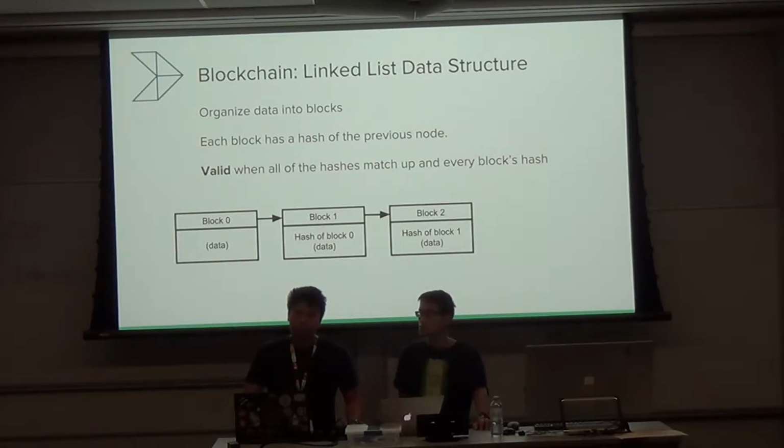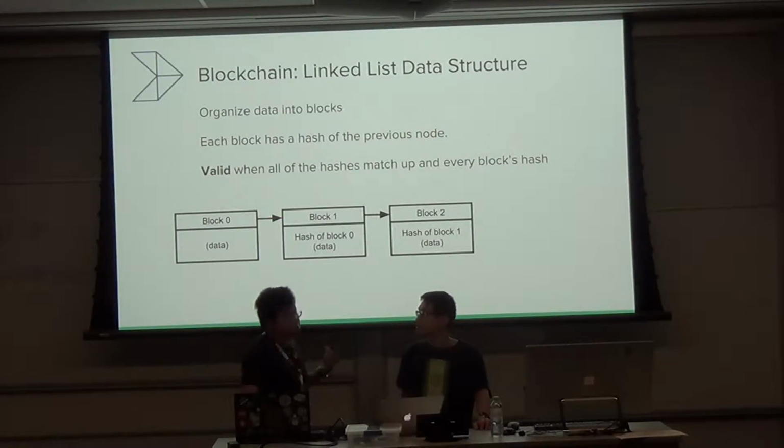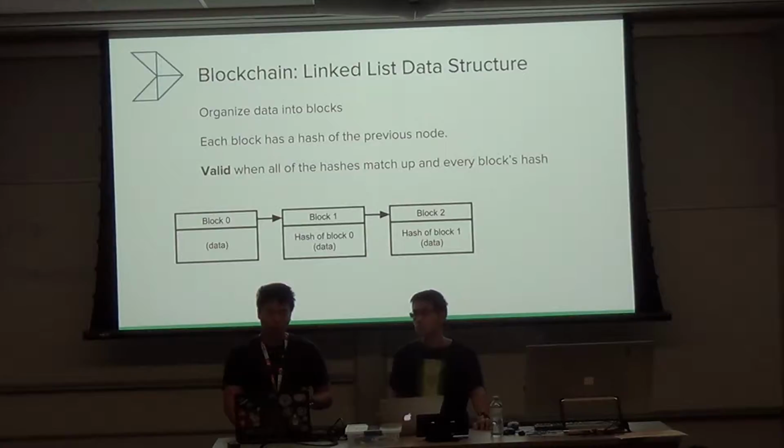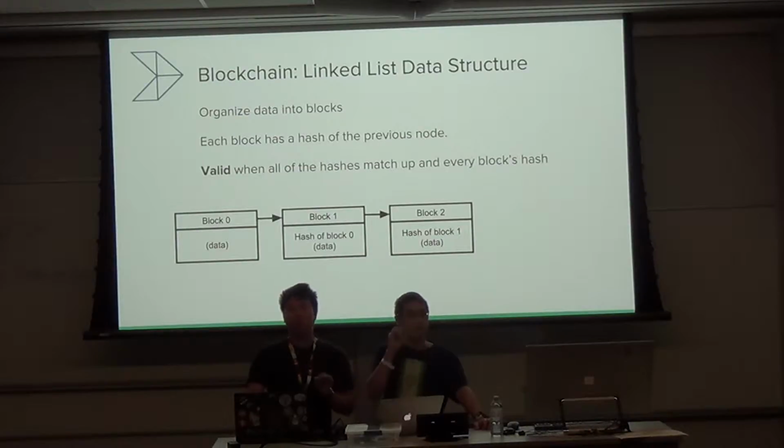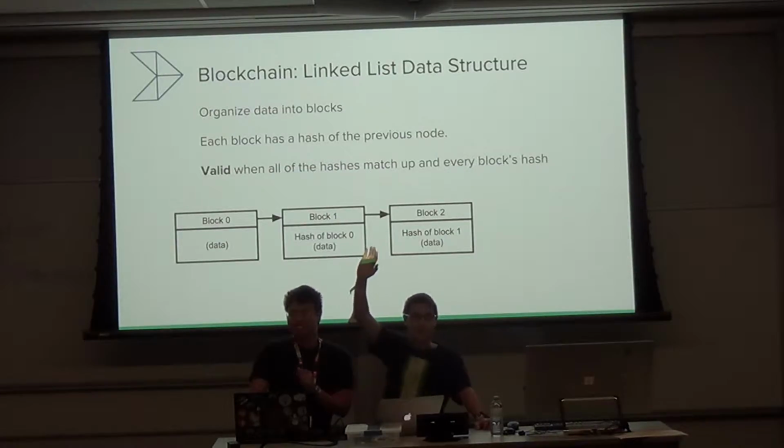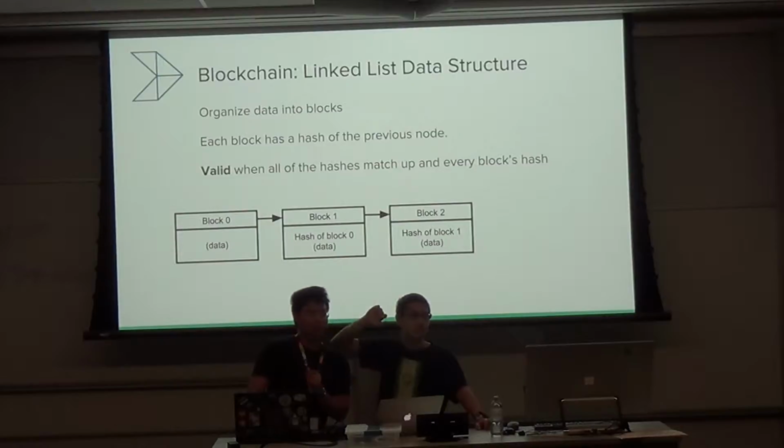Okay, let's go over what a blockchain is, first of all. A blockchain is conceptually very similar to a linked list, and as you recall, it has constant time append and linear time modifications. Who here knows what a linked list is? Show of hands if you know what a linked list is. Most people. Maybe I'll give a quick explanation.